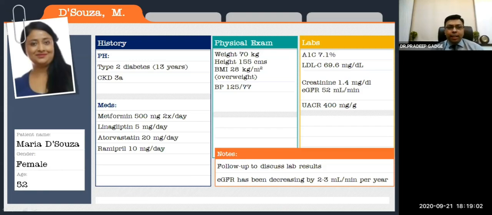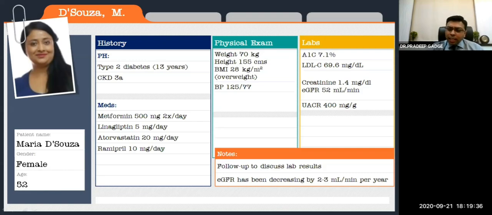So now see this lady. If you look at this lady, there are certain things which should strike you. See the way she has a double chin. She's obese, which can be clearly seen, though it's a passport size photo. There are various things about the history. She is an overweight patient, 70 kg. Her creatinine is 1.4, and her parameters are quite okay. The A1C parameters and the cholesterol parameters are fine, and proteinuria is quite high.